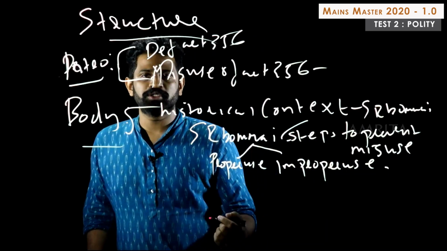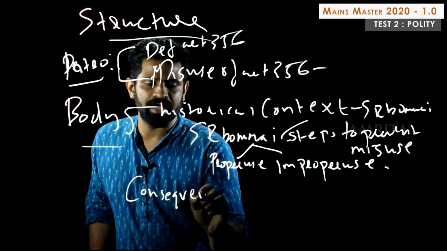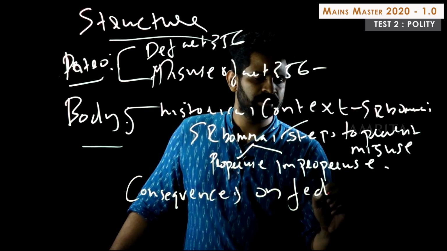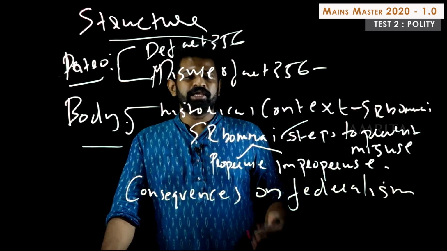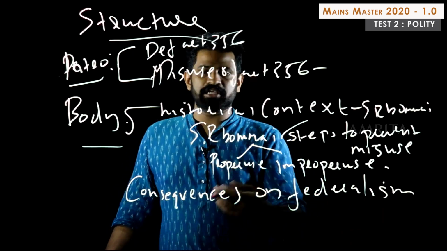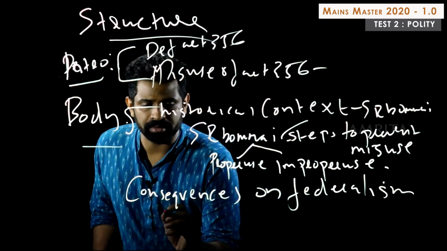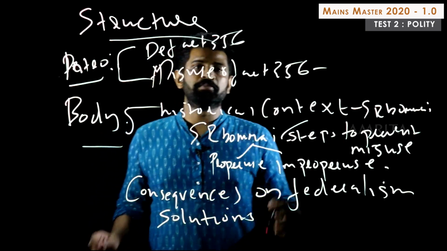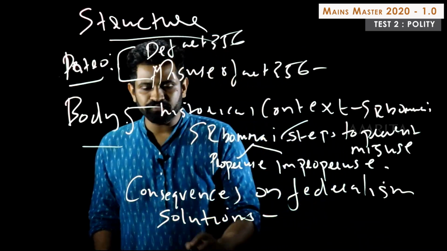Then you go on to discuss the consequences this has on our federalism. You explain it in four or five points, and you give enough examples there. Once you have listed out and explained these negative consequences, you give out some solutions to improve the scenario. So obviously you have to bring in committee recommendations. Then finally would be